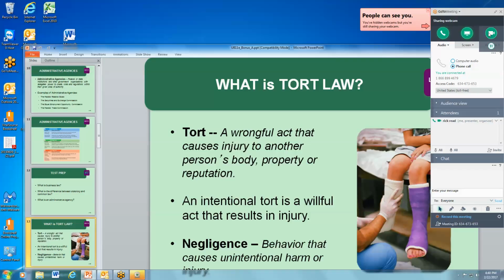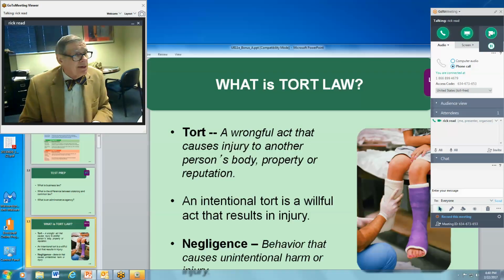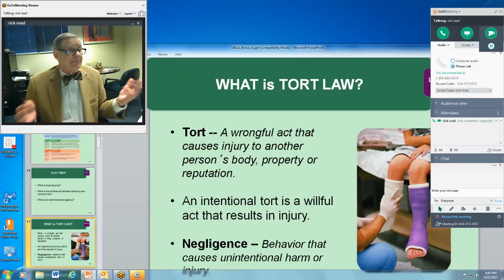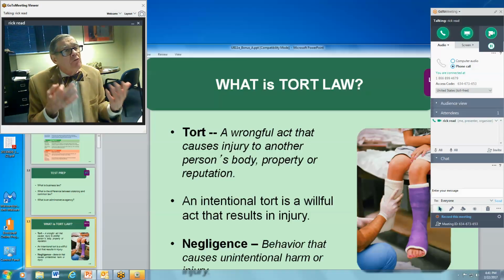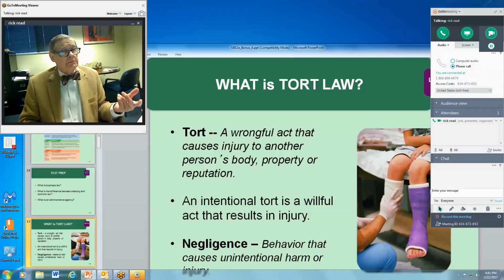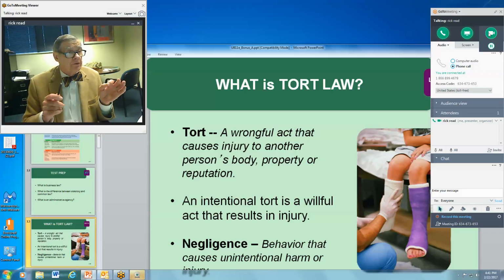So we need to move on here because this gets into, I think, the more interesting part, at least to me, what we want to talk about tonight, and that's what is a tort. Notice what the first thing it says, it's a wrongful act. And it causes harm to a person's property, a person's reputation. Now, notice the term wrongful act. That means that person who is accused of this tort, parenthesis crime, has broken a law that has been passed by a legislative body.